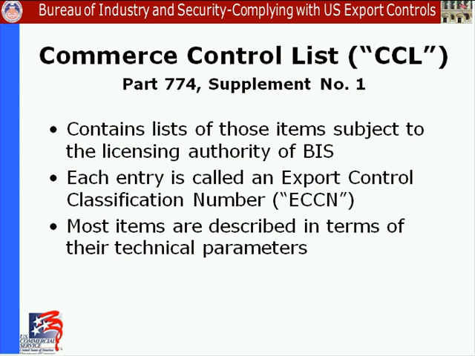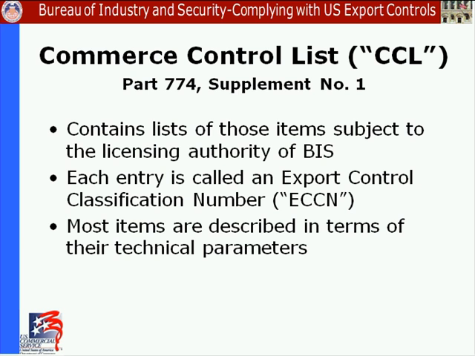And there are instances where you have items that are under the licensing authority of Treasury or for the Department of Energy. Now, each item or each entry on this Commerce Control List has what's called an ECCN number. And as we get further into this, we'll break down what the ECCN numbers mean. And most items we try to describe by their technical parameters. And we try to do the technical parameters because, for instance, in lasers, we had a recent major revision to category 6A005, where